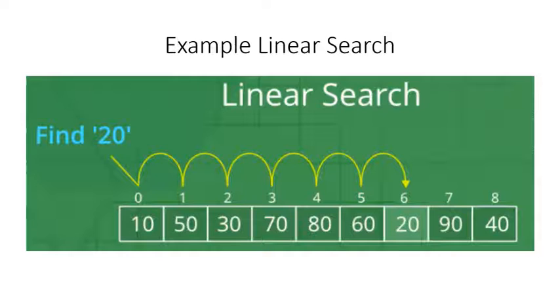So from where are we going to start? We are going to start from the very first element in the list. The very first element is 10, which is not equal to 20. Because 10 is not equal to 20, we will increment the value of the index and search for the element at the second location. The value is 50, which is again not equal to 20. Hence, we will search at 30, then 70, then 80, then location number 5, 60,